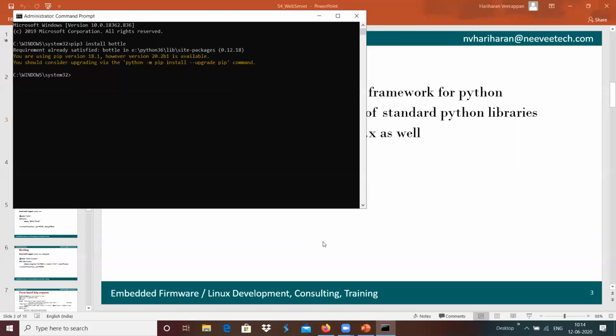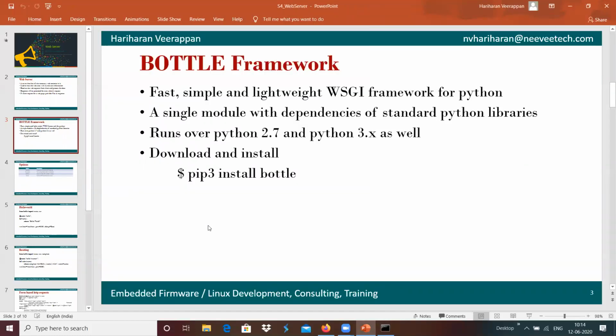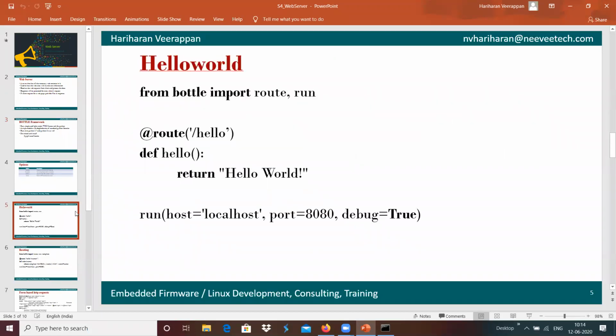In order to get started with Python development, we can get started with a hello world kind of application.